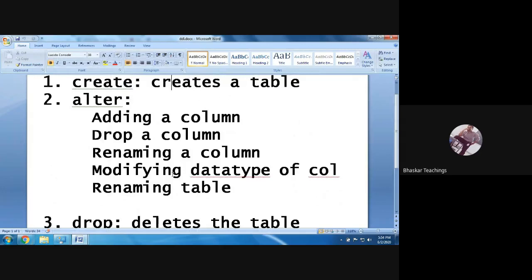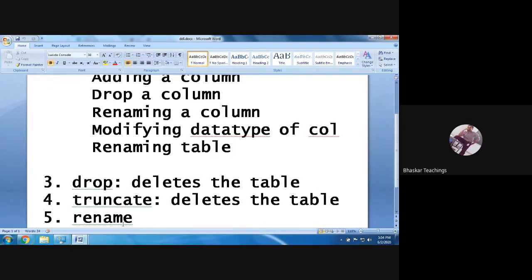Create is a command used to create a table. Alter is the command used to modify any column, or modify any design on an already existing table. Drop is used to delete the table. Truncate is also used to delete the table, and we have seen the difference. Rename is used to rename the table.